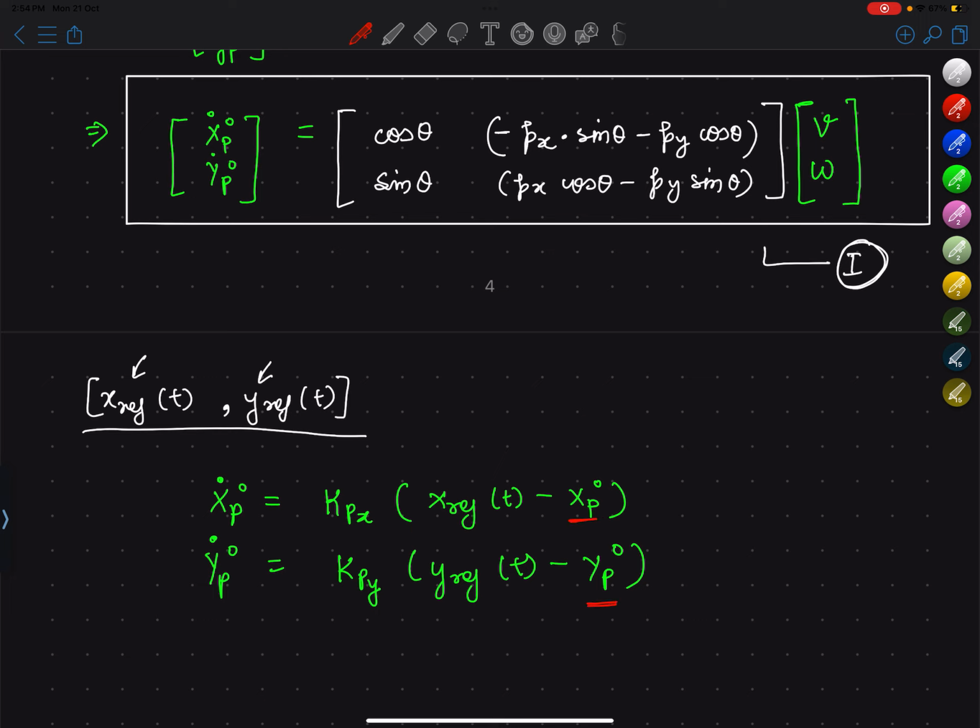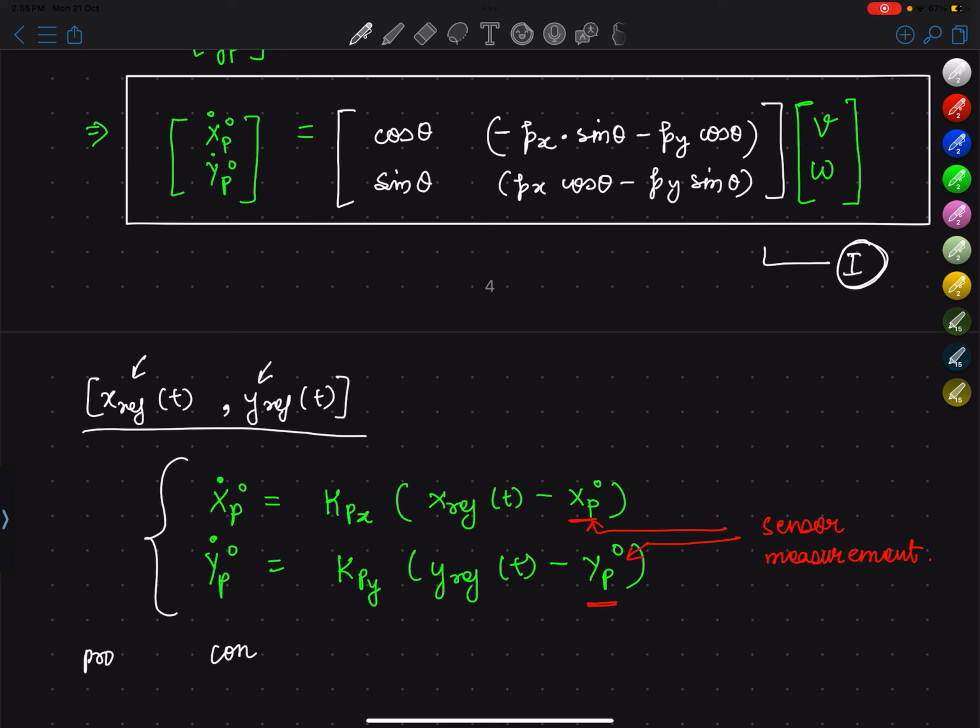So the position of the point P on the robot comes from sensor measurement. For example, you might have an encoder on the differential drive robot, or through some odometry you get the position of point P in x and y coordinates with respect to the base frame. So this is the controller to track the